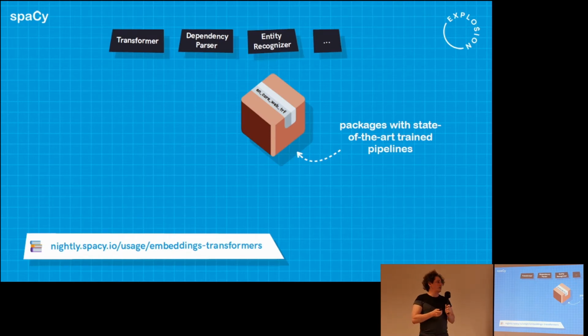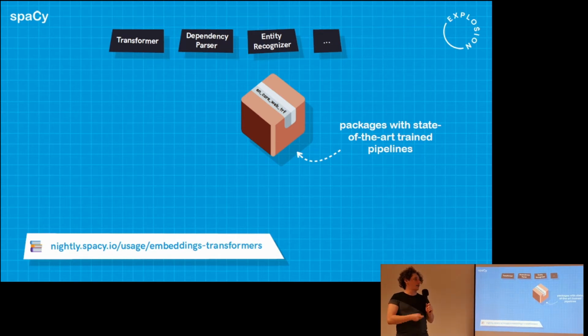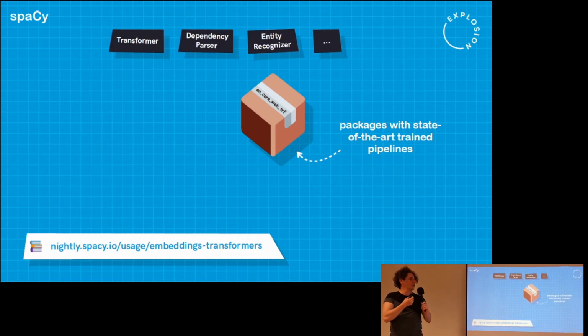So in the new version of spaCy, we were able to take these models, which is the transformer module, which holds the weights for this module that really just has the task of encoding the context of a word, or its meaning in a specific context of a sentence, into a vector representation that can be used by other components of the pipeline.